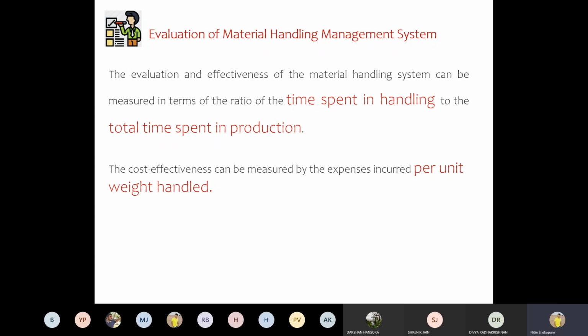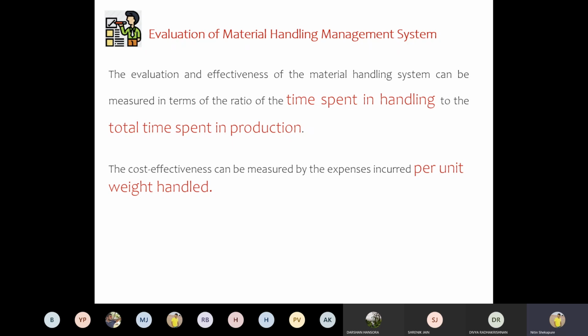Suppose we take an example of production also: how much time will it take to produce one car? We will say, suppose, 8 hours, but those 8 hours include the assembly, the processing, and at the same time material handling also. Got it or not? Otherwise, if you look at this particular definition or ratio, it makes no sense: time spent on handling to the time spent on production. But being production engineers, we need to understand how we need to look at it.